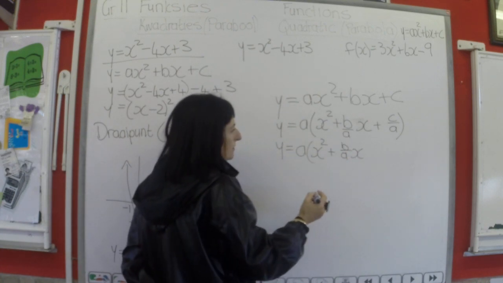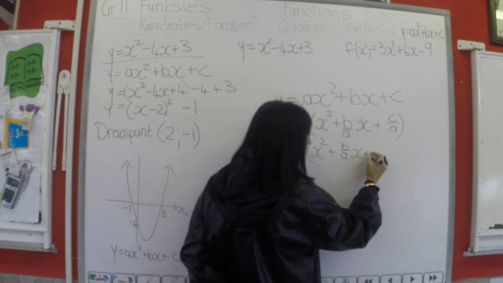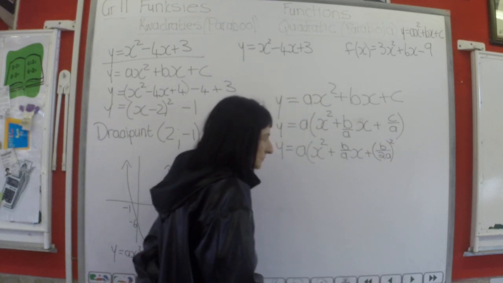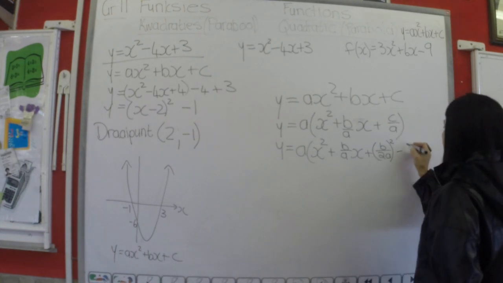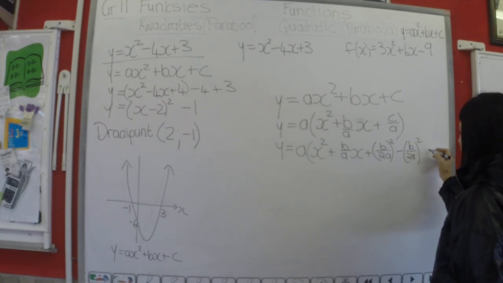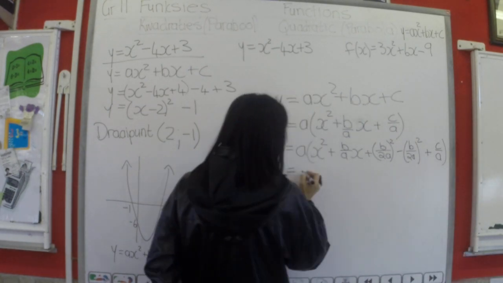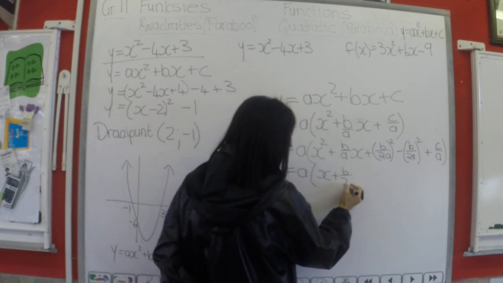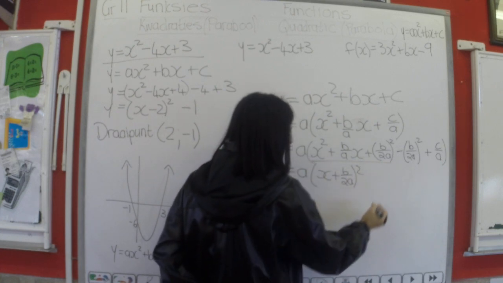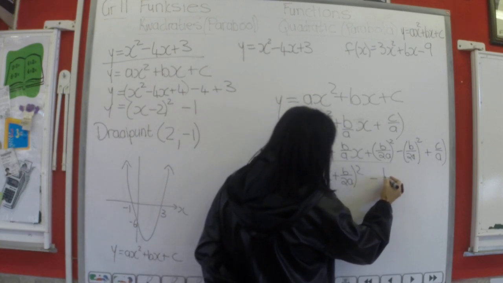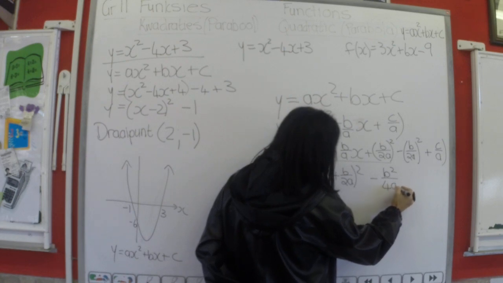Ek vat hierdie koëffisiënt, ek halveer hom en ek kwadreer hom. Reg so? So, as ek dit bysit, moet ek dit weer wegvat, to keep the equation the same. Okay, now I've got x plus b on 2a squared, that's my trinomial, that's my square that I completed, and now I've got minus b squared on 4a squared plus